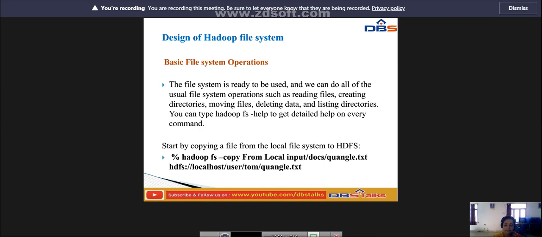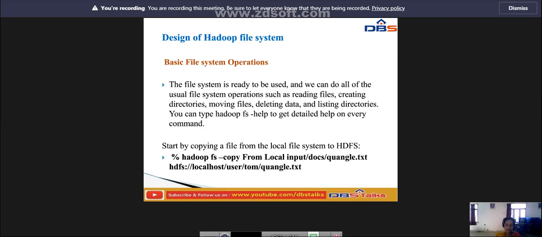The file system is ready to be used, and we can do all the usual file system operations such as reading files, creating files, creating directories, moving files, deleting data, and listing directories. You can type hadoop fs -help to get detailed help on every command.